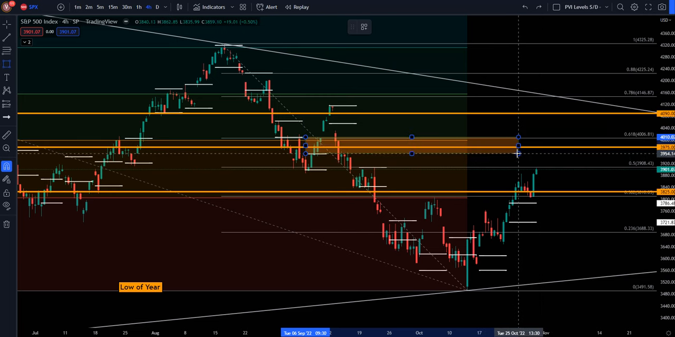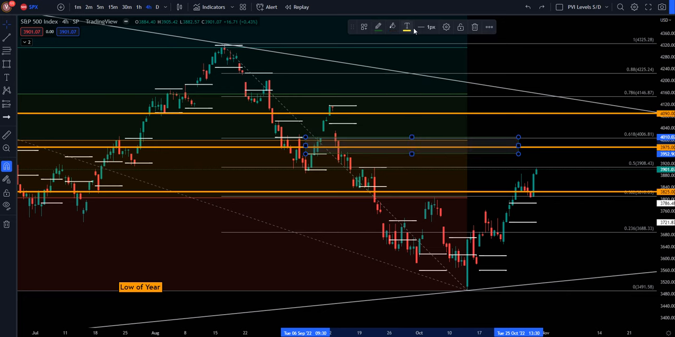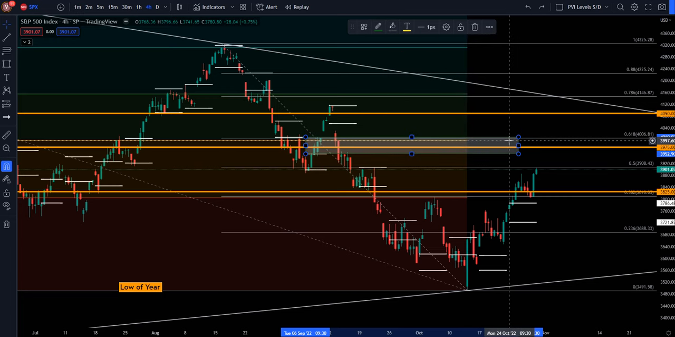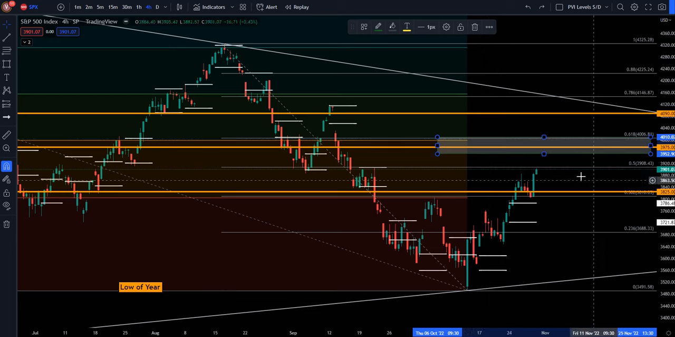Oh man, click the mouse. I would draw a zone in here, and again, that's not how I do supply and demand on the ES, but it does give you an idea of this week. If we can get above the 0.5 retracement tool,